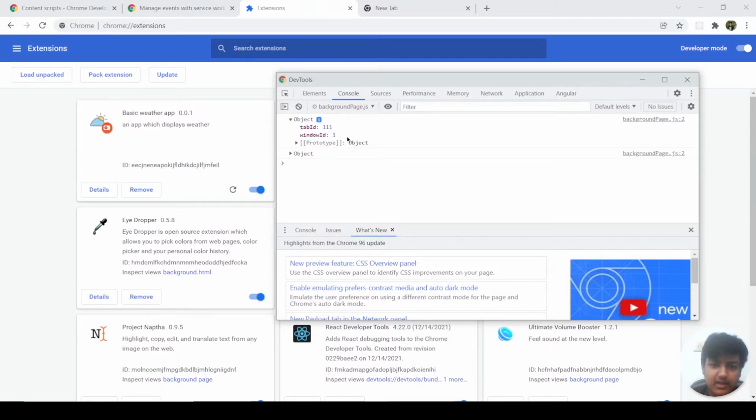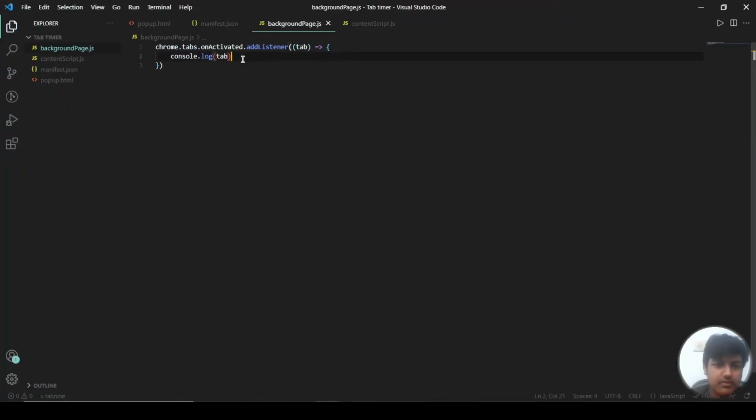So this object has two values, tab ID and window ID. Tab ID is the ID of that tab, and window ID is the ID of the window in which that tab is open. For example, if you have multiple windows open for your Chrome, it will have different window IDs for the tabs open in those windows. So to fetch each and every detail of this tab, we need to type a command known as